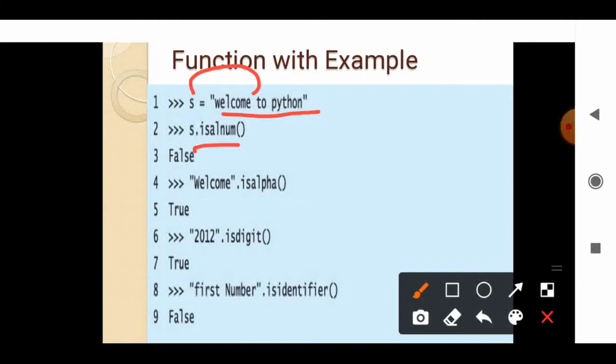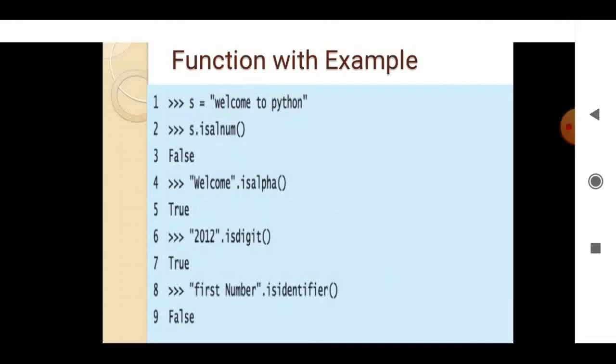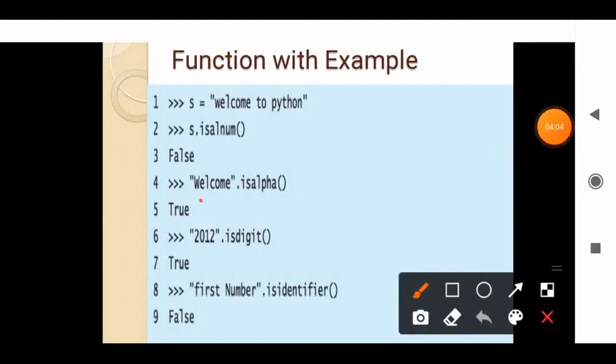Here only alphabetic characters are there, so it returns false. The next example, "welcome".isalpha: all the characters are alphabets, so it returns true. The next example, "2012".isdigit: yes, it is a number, so it returns true.